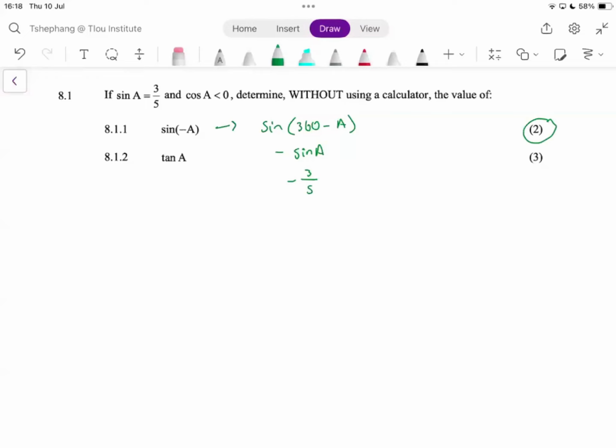Okay, I'm getting a -3/4. I'm also getting a +3/4. Which one is the correct one? Try to be quick. We always say, look at the mark allocation. If the mark allocation is 3 marks, then it means you cannot spend anything more than 3 minutes on that particular problem. Okay, 25 seconds left.